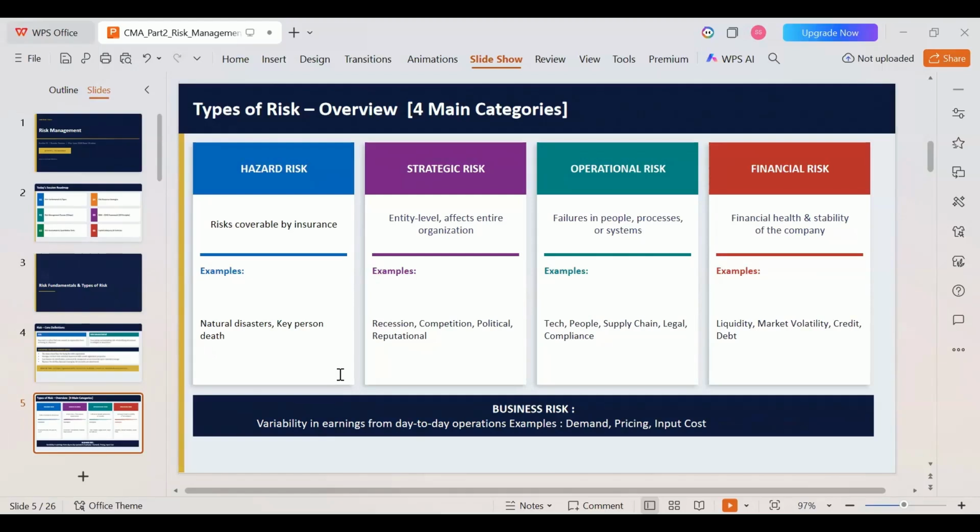Should I repeat the question again? Strategic. Okay. What about the remaining students? There is a scenario where they speak about the political imperatives in a country, and they ask you what type of risk this is. They give you four options. Option A, political. Option B, strategic. Option C, hazard. And option D, financial. Which one do you choose?